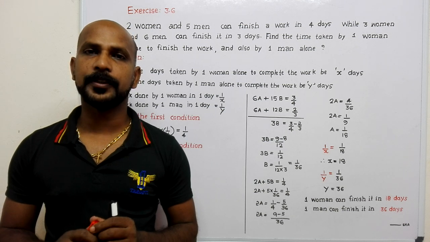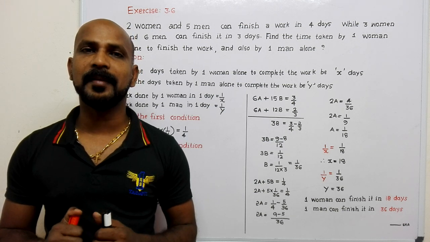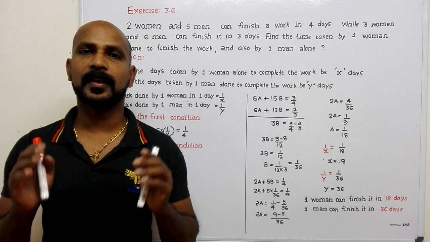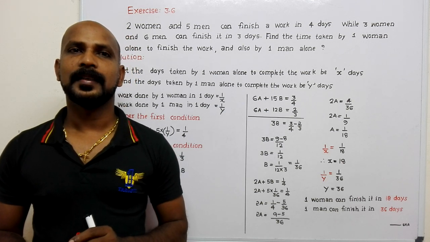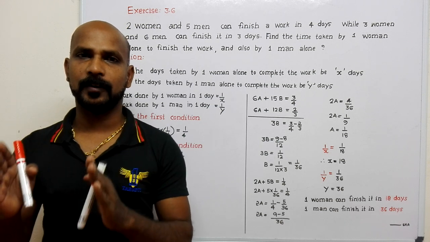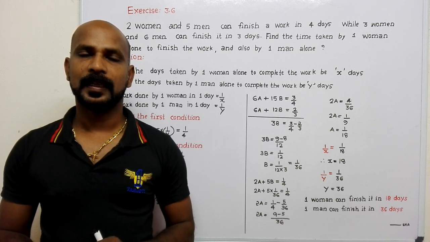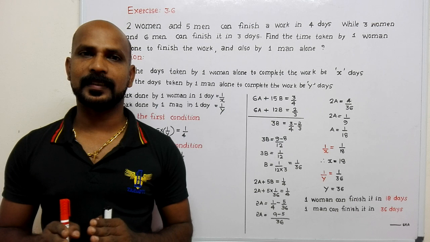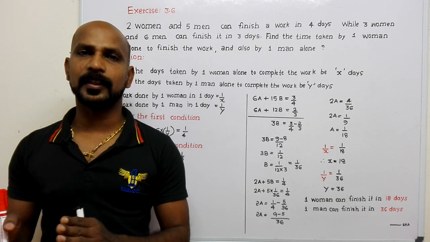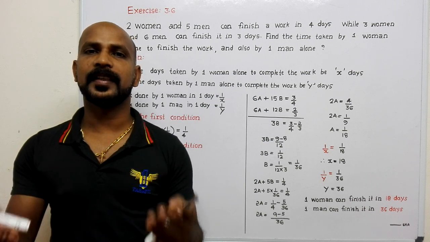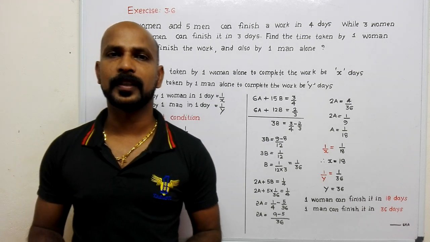Today we are going to discuss one of the very important parts of pair of linear equations in two variables. And this is the last part of that chapter. There we have discussed that when we get two equations that should be converted into linear equations, only then can we solve them. So we will move to the question.